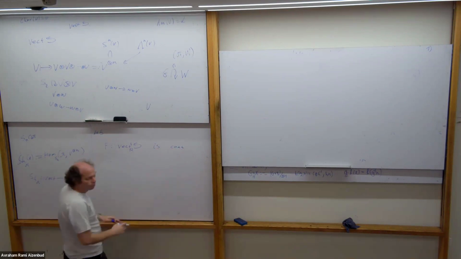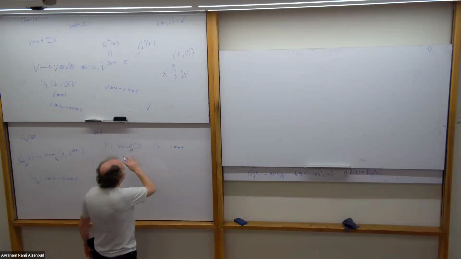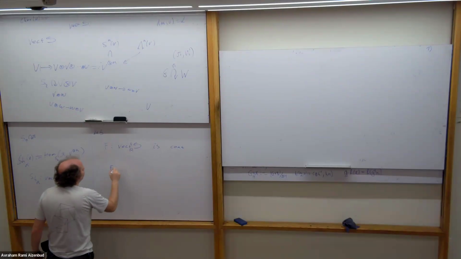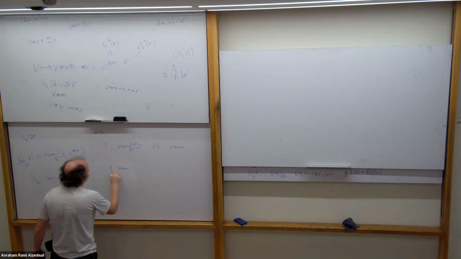I don't define the general notion of a continuous functor. There is some notion like this, but it has nothing to do with this notion, so ignore it. Only in this context. If F from VW